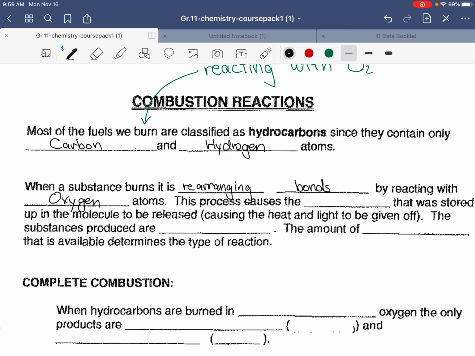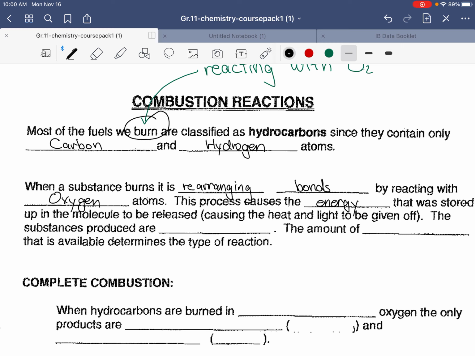Okay? This process causes energy that was stored in these bonds to be given off. Okay? So when you're stepping on the gas pedal, what's happening is that these hydrocarbons are breaking apart. Bonds are broken. New bonds are made. Energy gets released because